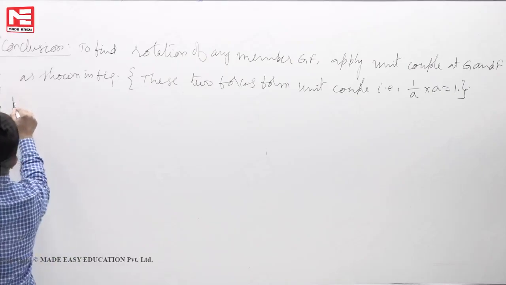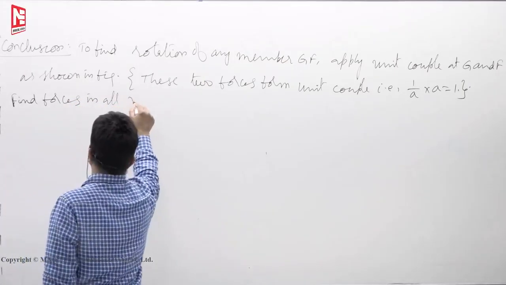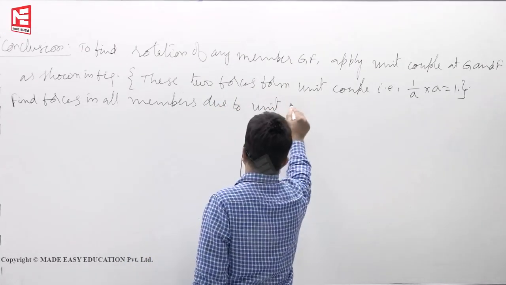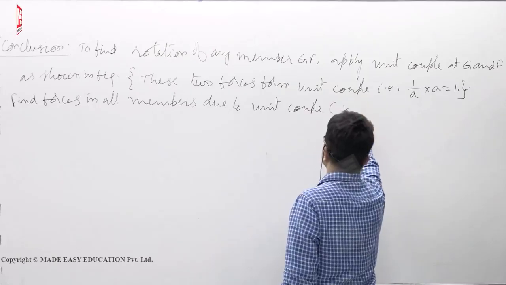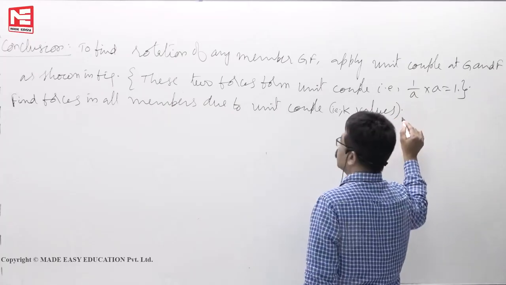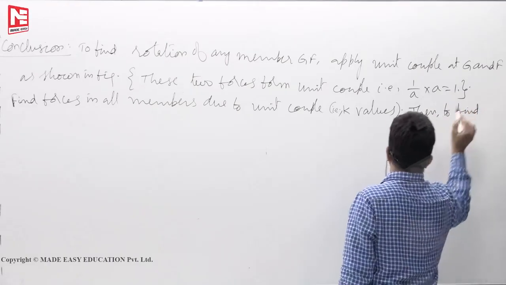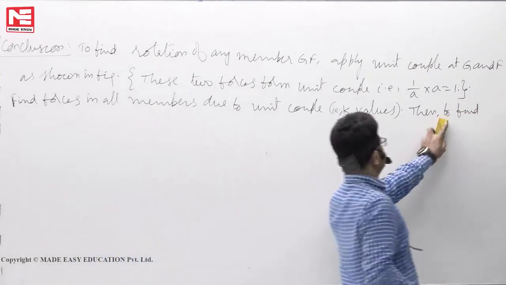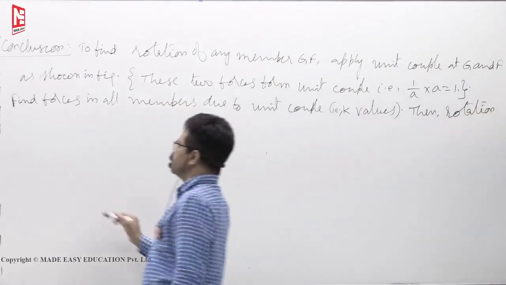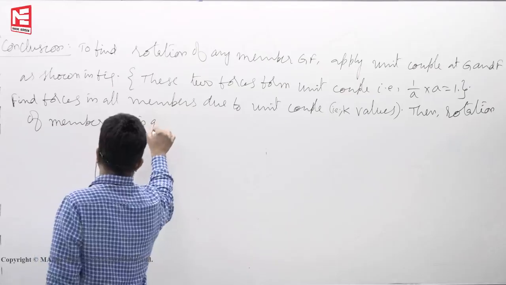Then what we have to do? Find forces in all members due to unit couple, within brackets, that is K values. Okay. Then rotation of member GF is given by